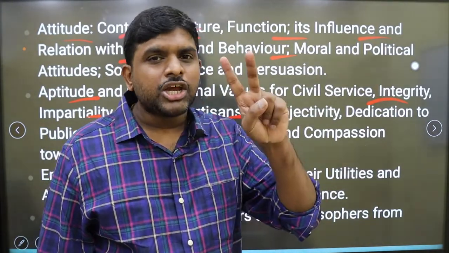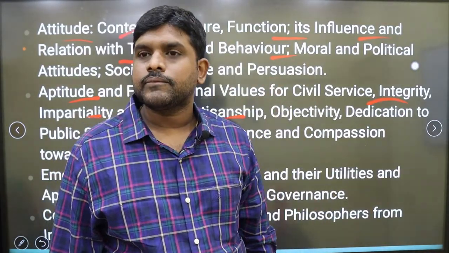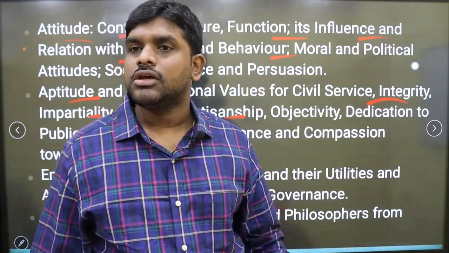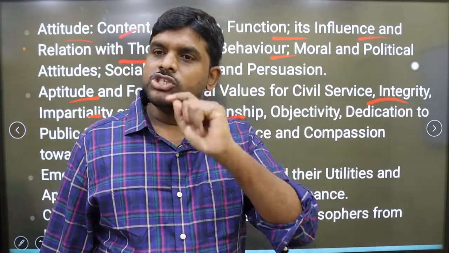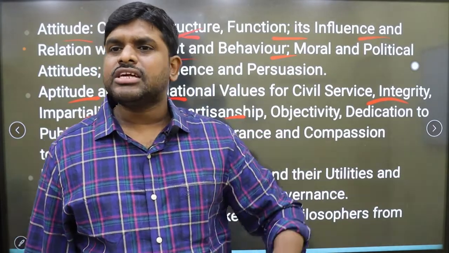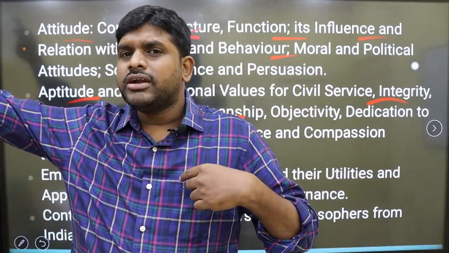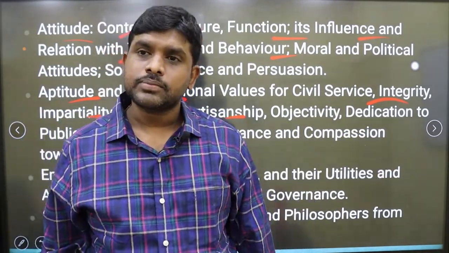The word and the actions are coterminous. The words and the actions are same. Integrity. There is no inconsistency between the words and the actions. What he told, he is doing that. Yes. So the same way, a bureaucrat, a civil servant, what is his rule? What is his rule book? What is written about it? What is the code of conduct? And what he is saying and how he is acting.